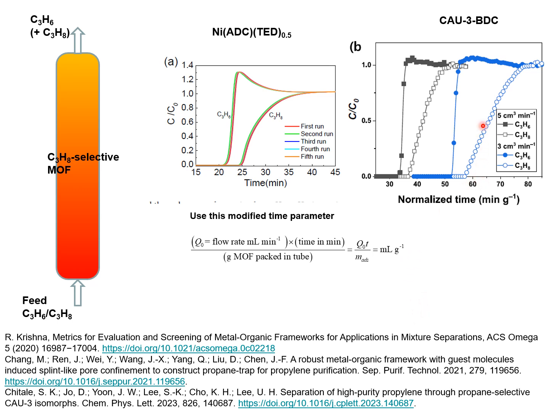If indeed the experiments for CaO3 BDC for these two different flow rates had been plotted with this modified time parameter, we would have been in a position to check the consistency of these two breakthrough experiments, because with this Q0t divided by m adsorbent as the modified time parameter, the two breakthrough experiments would or should have collapsed into a unique curve. Almost, there may be small differences due to